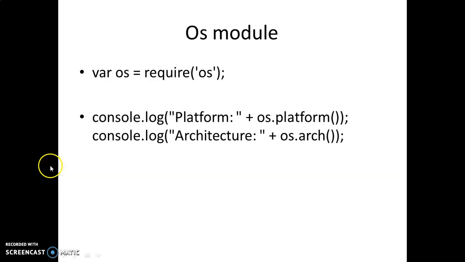First, we need to know how we can include an OS module. For including an OS module in our program, or wherever we need to add the module, we need to use the keyword called require. That require will give you the module which is required by this program. It will import those modules into our program. So here I am adding the OS module.